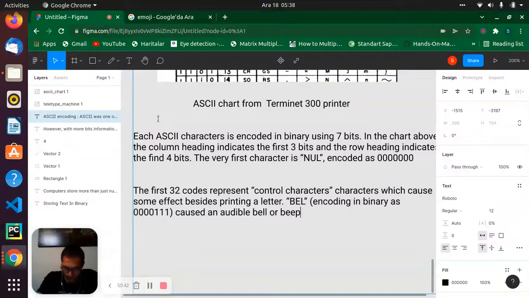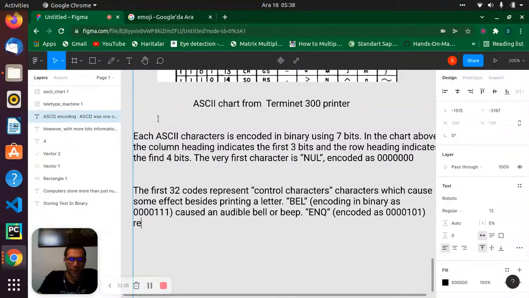The other one is ENQ, encoded as 0000101.